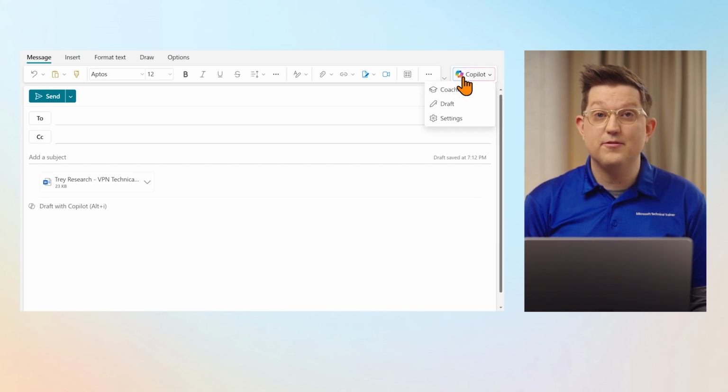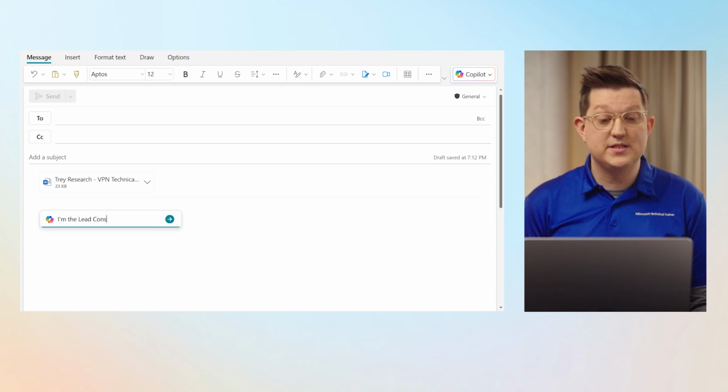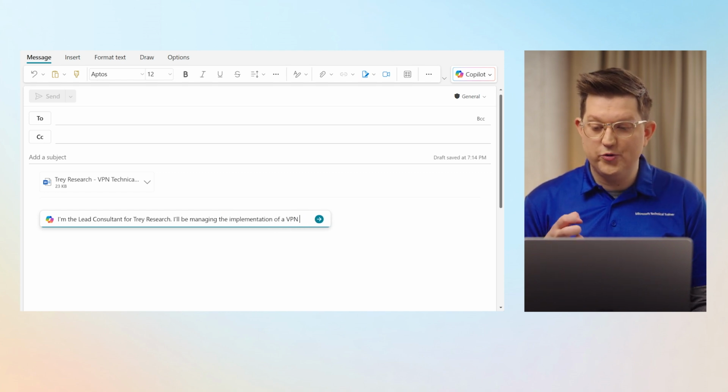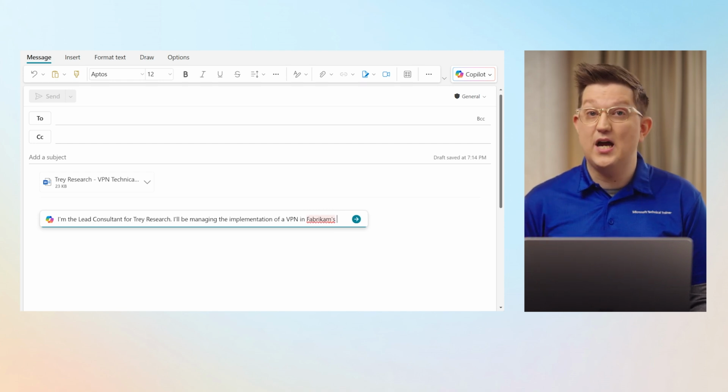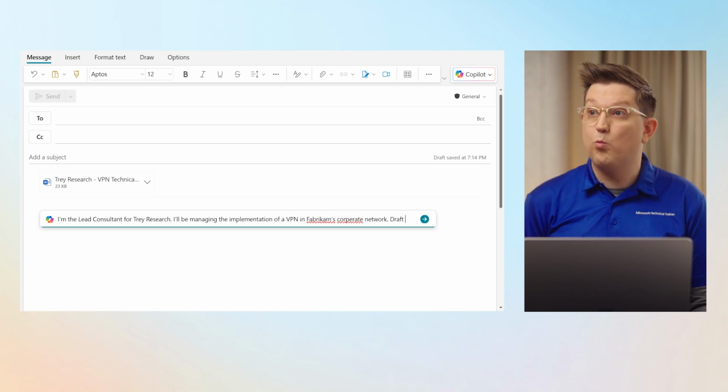Here's our VPN research. Now we can go across to Copilot and start drafting. So here is what I want to say. I'm the lead consultant for Tray Research, and I am going to be managing the implementation of a VPN in Fabricam's network. What I want is to be able to reach out to their staff to say, I need a meeting, and I need to make sure that I've got all of the details about what that meeting is going